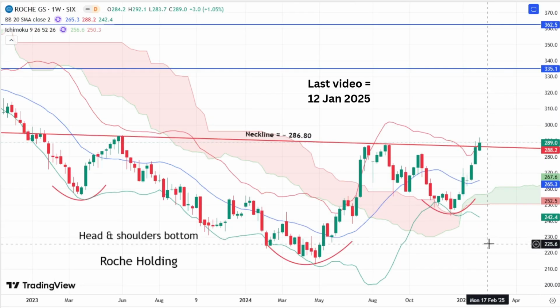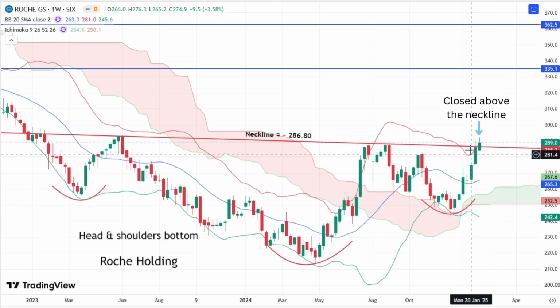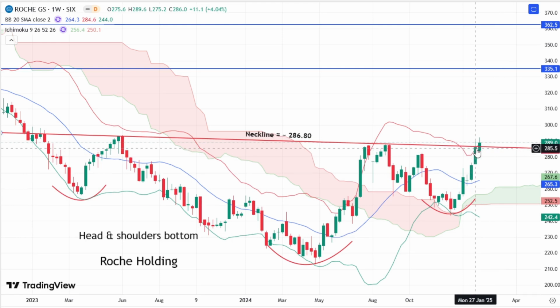In the video on the 12th of January, I highlighted that Roche Holding may be forming a head and shoulders bottom that requires a weekly close above 286.8 to complete. This week, Roche has completed this bullish pattern. I'm bullish on Roche now, and the textbook target is at